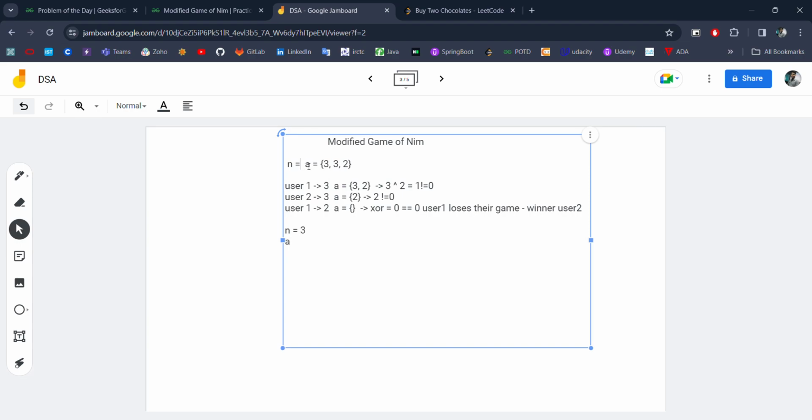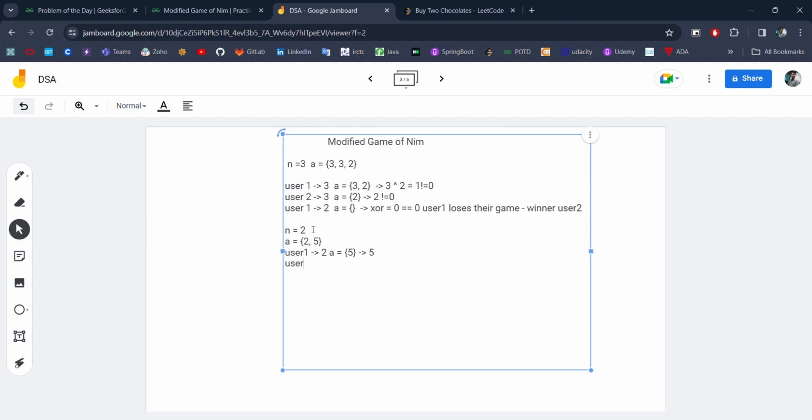If we take another example of an array of size 2, with elements 2 and 5: if user 1 picks element 2, then our updated array is this and the XOR will be 5.